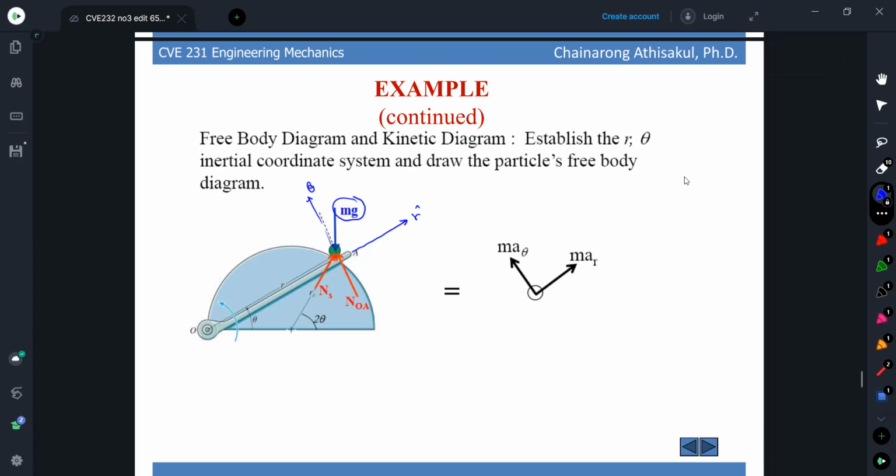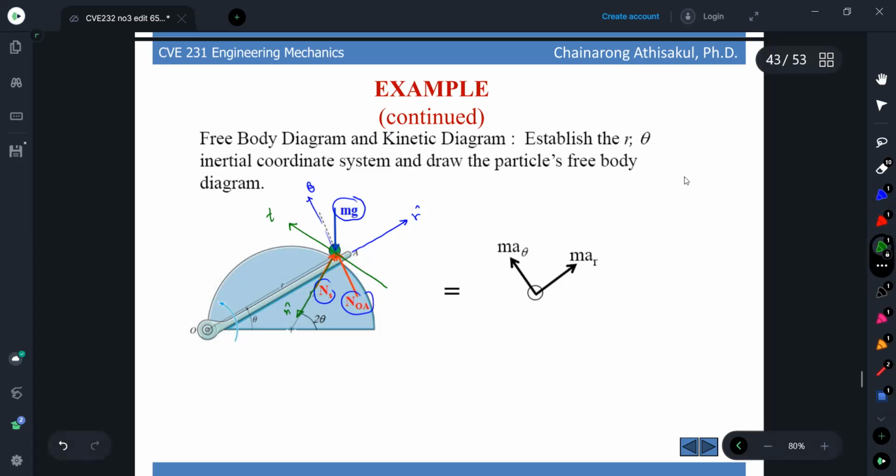And the normal force acting on the ball is composed of two normal forces. The first one is the normal force Ns that is perpendicular to the path line. This is the tangential direction, and this is the normal direction